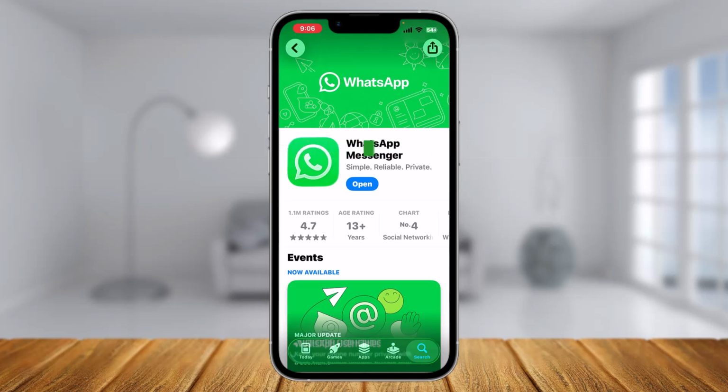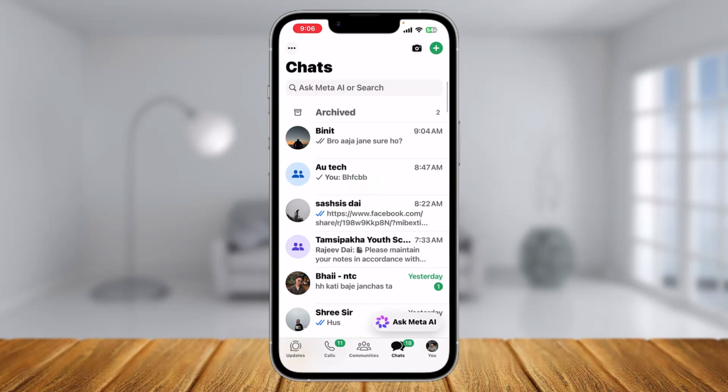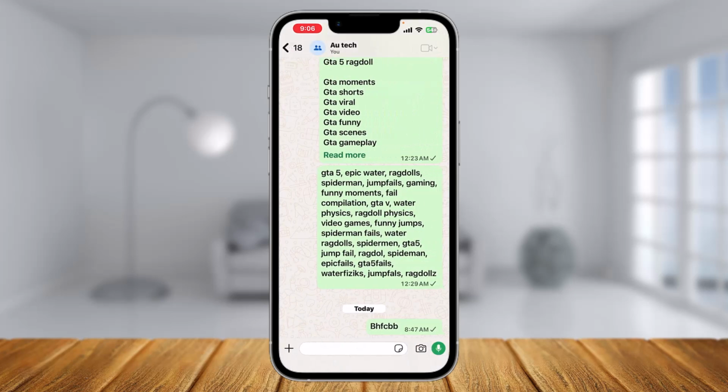In this video today, let me guide you through the steps on how you can use disappearing messages on WhatsApp. In order to use disappearing messages on WhatsApp, first open up your WhatsApp Messenger. Now you can head over to the particular chat, and there are certain ways to use